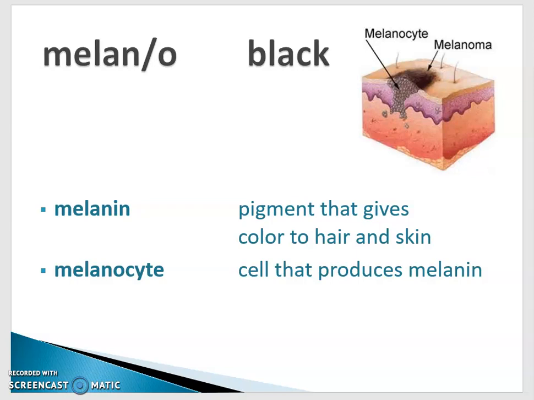to your hair. The lack of melanin is albinism, as we discussed earlier, but if you have normal levels, it simply determines that color. So if you have brown hair, black hair, blonde hair, as well as your skin, if it's light, dark, and all those shades, that's determined by what type of melanin is produced within the